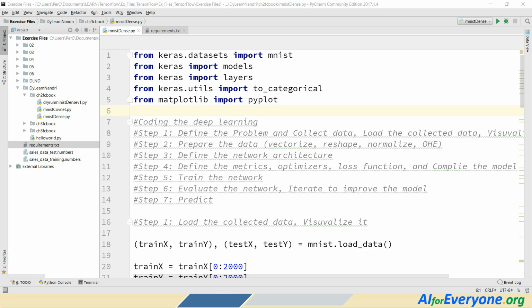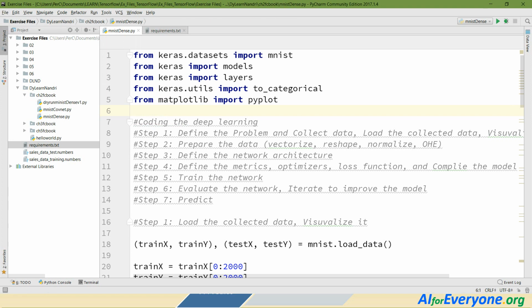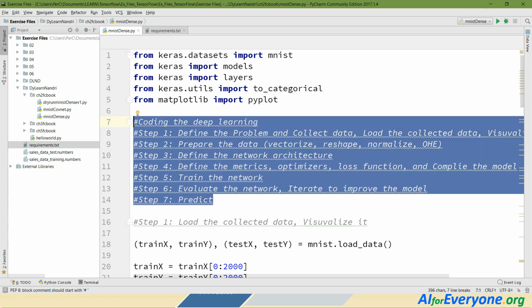Let's use PyCharm, a popular IDE, to begin this project. The first step is to add this requirements file where we define all the requirements, so the packages get installed, and go through the 7 steps in coding.